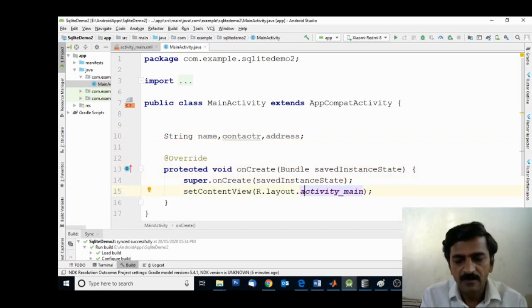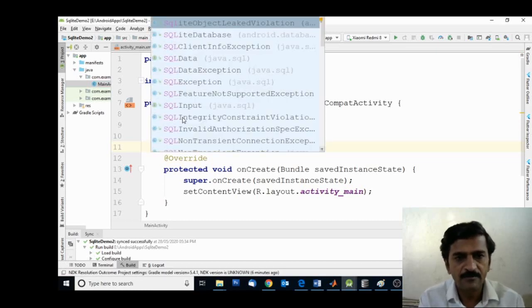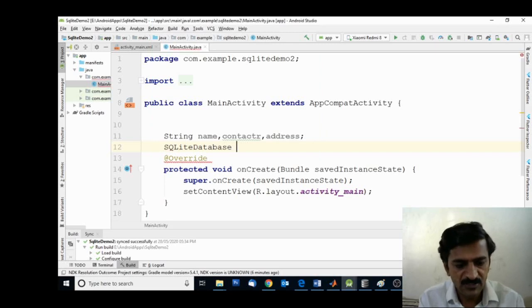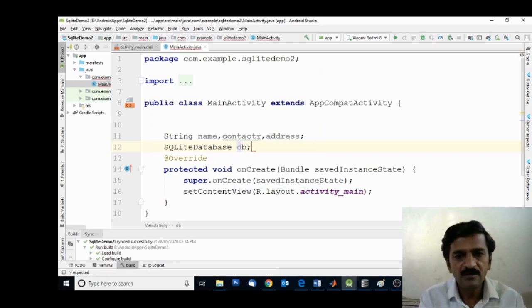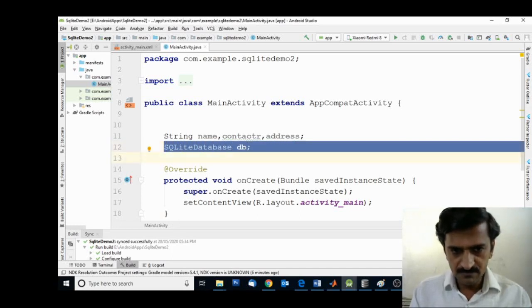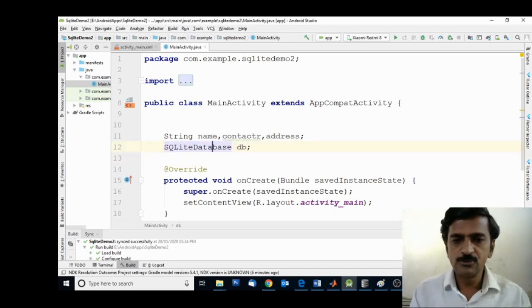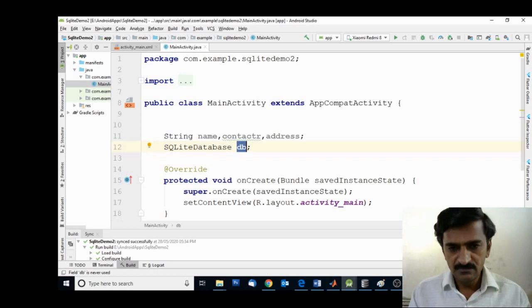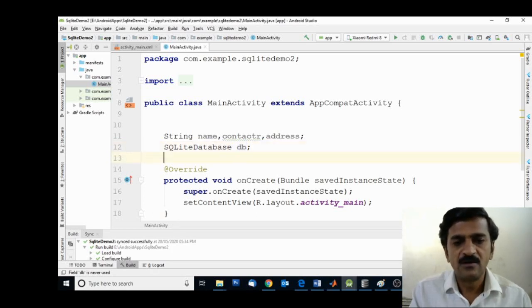Then for creating the database, I'm going to create an object of the SQLiteDatabase class, db. This SQLiteDatabase class is used to create the database, create a table in it, and insert records into it. All these operations we can perform with this db object.